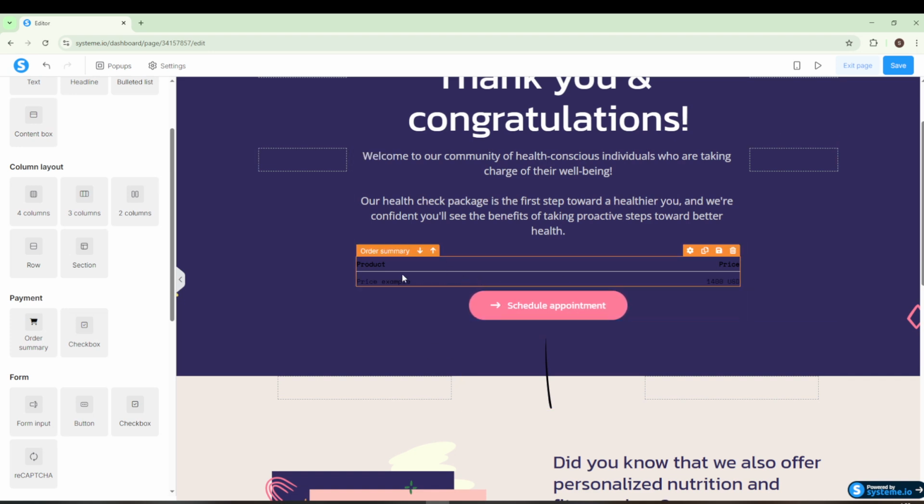To include this order summary, ensure that your thank you page is categorized under sales. If it's not, you might need to create a new step in your funnel under the sales category and choose thank you page. Just as before, when your page is ready, locate the edit page icon and click on it